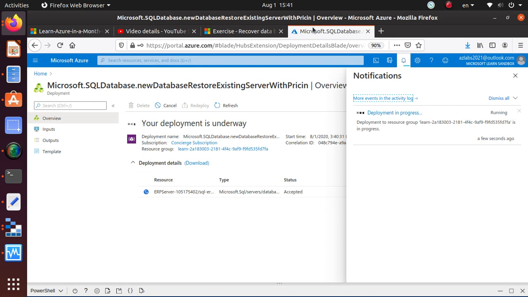So what is the striking difference between the way you back up your SQL data versus the VM? For VMs, we use the recovery services vault for both database backup and for failovers. Here for SQL, we really did not interact with any recovery services vault at all. Everything is built in at the server level,